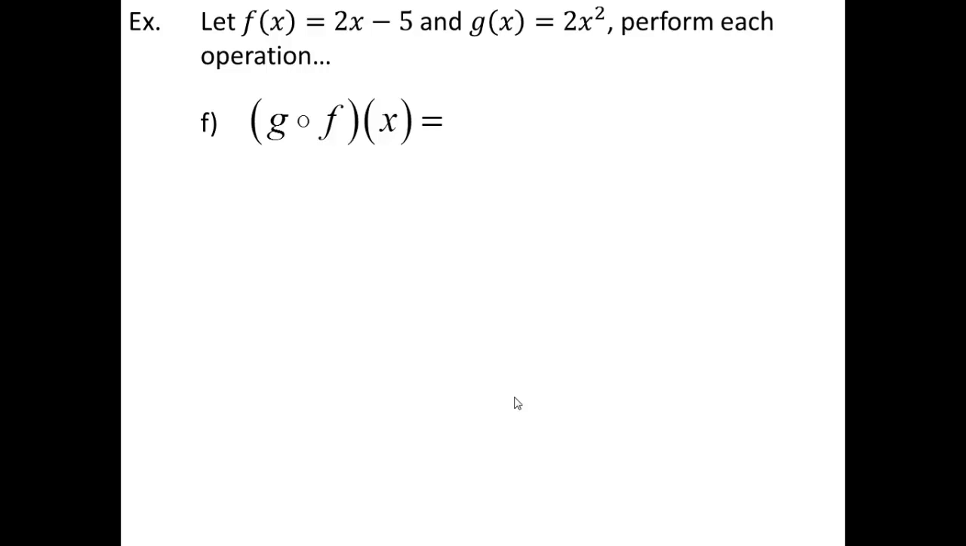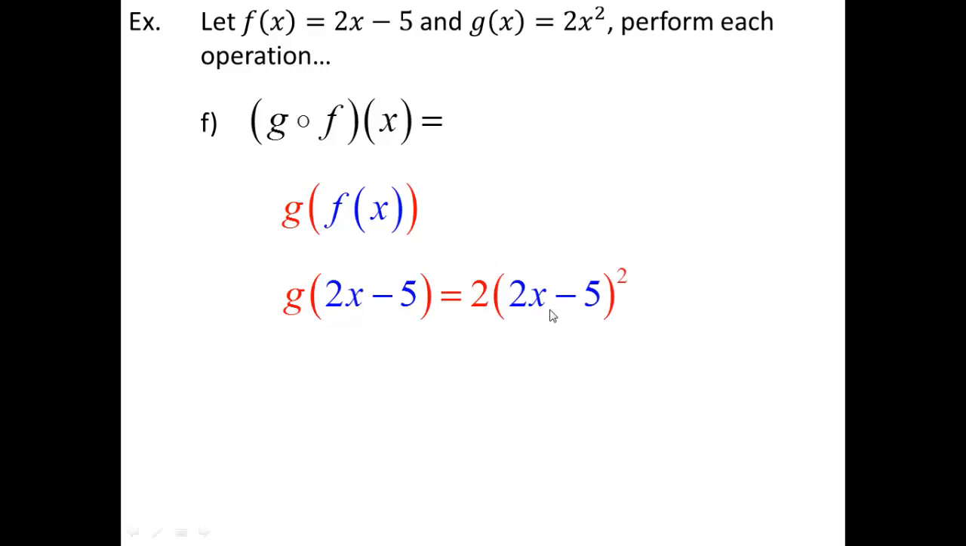Let's do the same thing, but reverse it. Instead of plugging in g into f, this time it's f into g. So again, g of x represents a placeholder. x is going to be replaced by f of x, which is the entire function 2x minus 5. So I'm going to plug in 2x minus 5 anywhere there was an x before